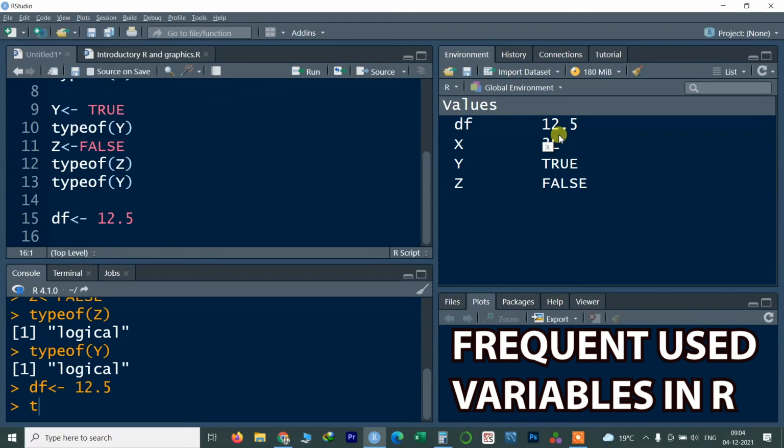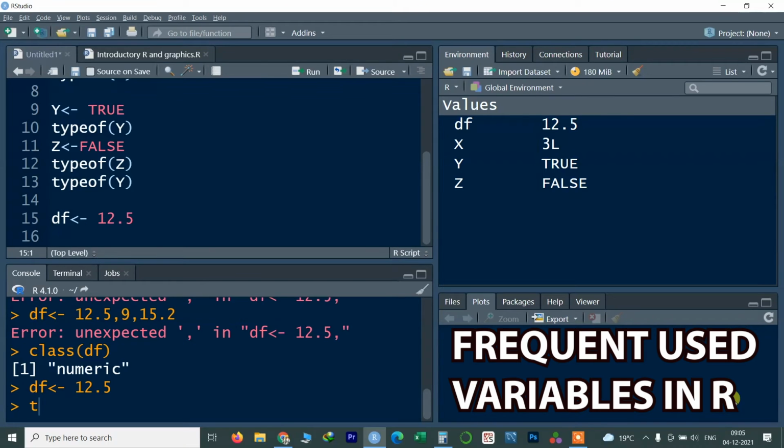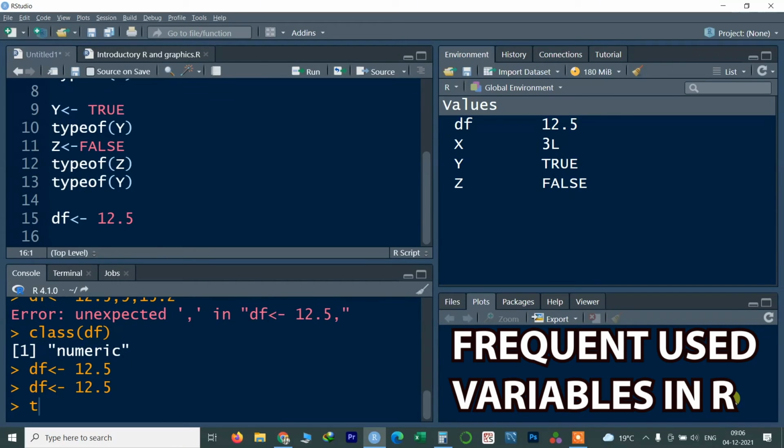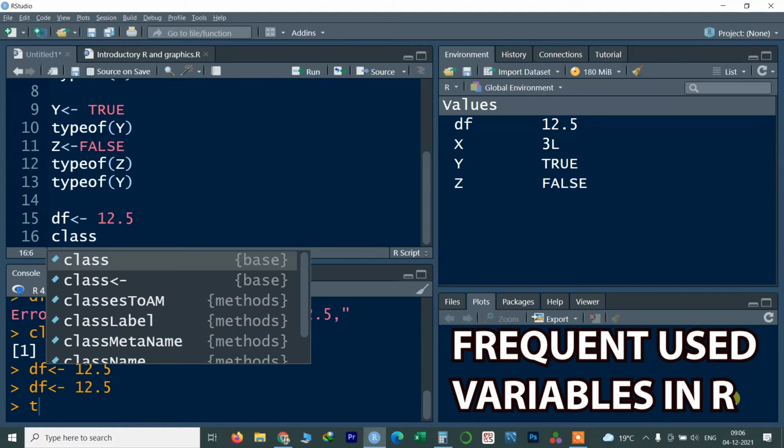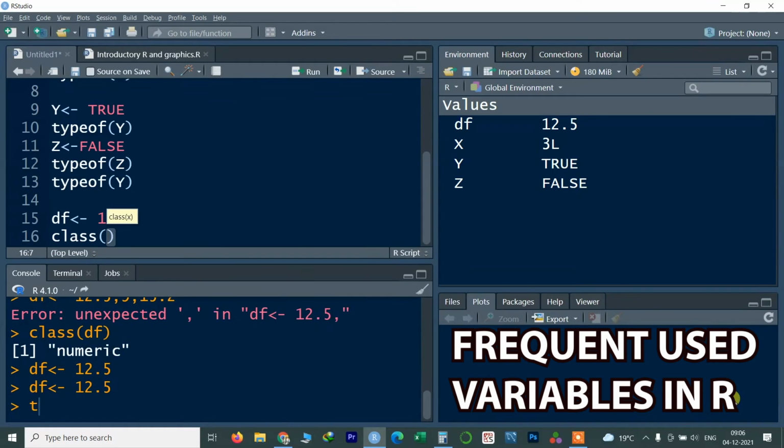You can see df and its value. I will give Control Enter, and now I will check the class of this df vector. I will type class, and if you press enter it will automatically fetch the function called class. Here I give the vector df and press Control Enter.